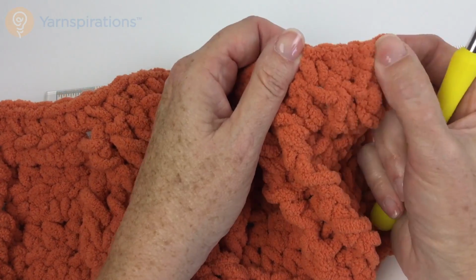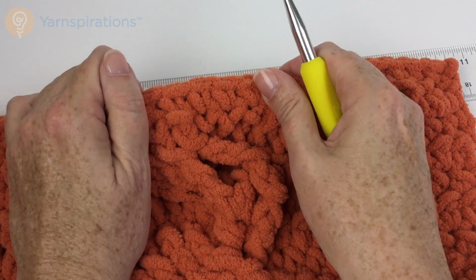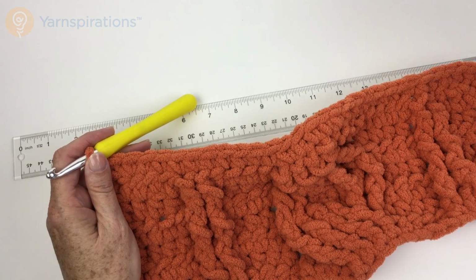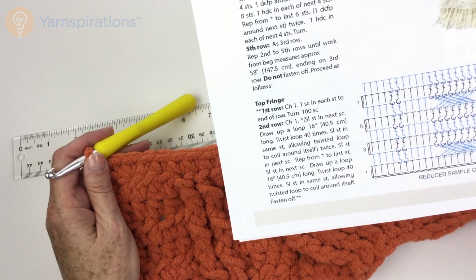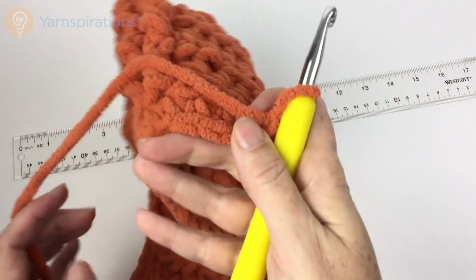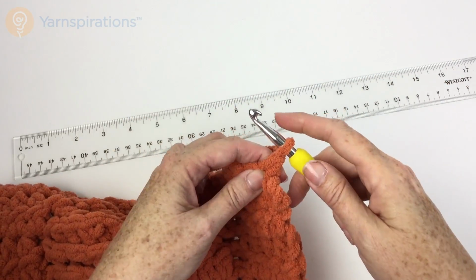So you can see I have my row of singles across every single stitch. All right, we're still working where it says top fringe in the pattern, and we're going to start the second row. So we've turned at the end of the first row. Second row begins with a chain 1,